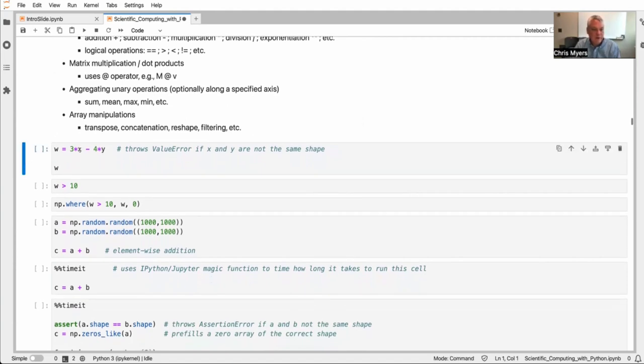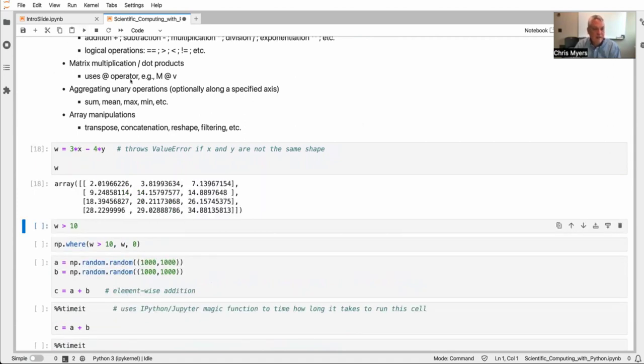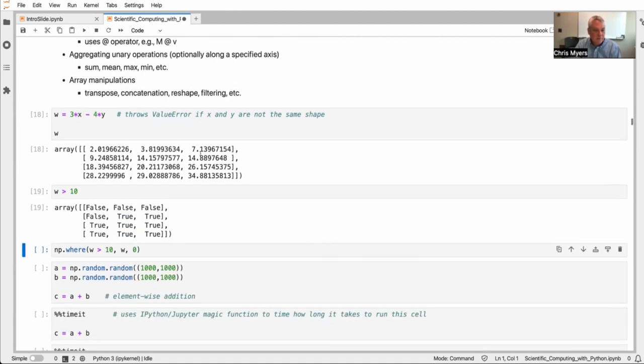So, for example, I created above two arrays X and Y that have the same shape. And so I can, for example, multiply every element in X by 3 and every element in Y by 4, and then subtract the one from the other, and I get this new array W. I could ask, for example, where W is greater than 10, and I can create a Boolean array, which is false wherever W is not greater than 10 and true wherever W is greater than 10. And so this now produces a new array, which is of the same shape, but contains these Boolean values